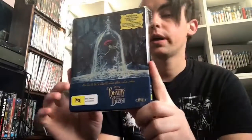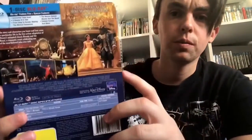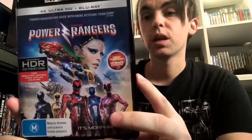Next up, I have the JB Hi-Fi Beauty and the Beast Steelbook. Really enjoyed this one too. I prefer the Jungle Book over this one though, as far as the live action ones go. I haven't seen Maleficent or Cinderella, but I am looking forward to Aladdin. I believe it's going to be Aladdin, but I've also heard that it's going to be a movie based on the genie. But then I thought I might as well give it a go, and I actually ended up enjoying it a lot. So yeah, there's the front,